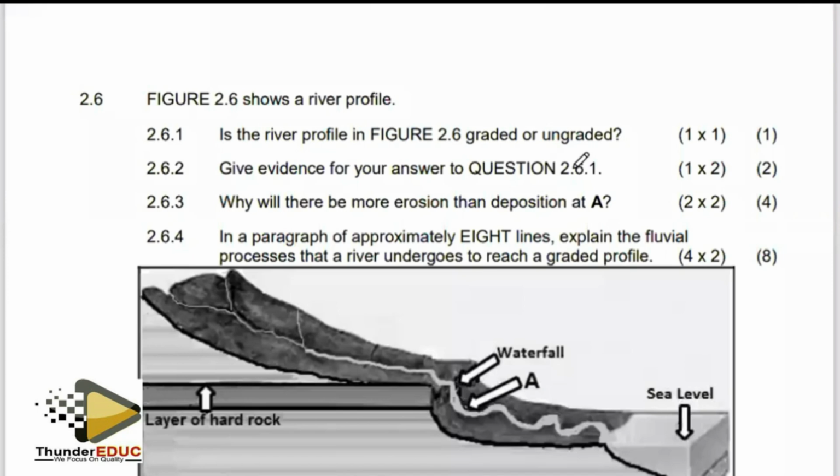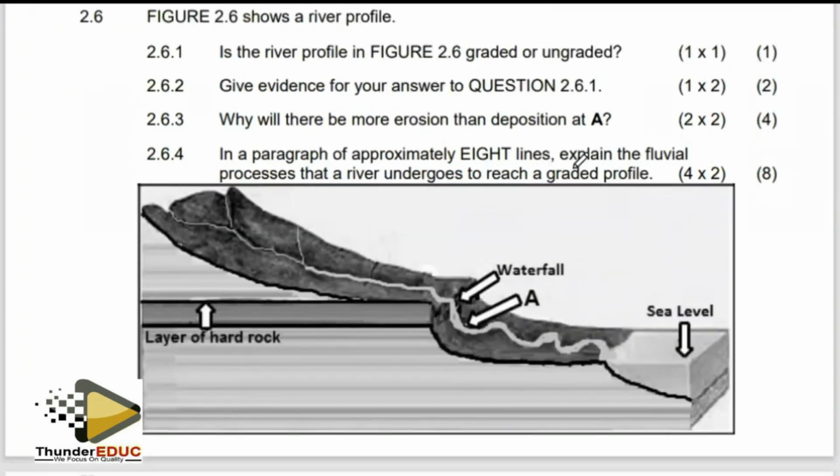So question 2.6 says, figure 2.6 shows a river profile. All right. So 2.6.1: is the river profile in figure 2.6 graded or ungraded? So our answer for this case is going to be ungraded. Give evidence, because we could say